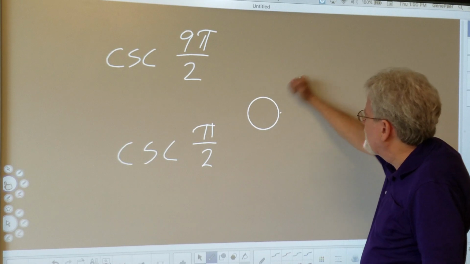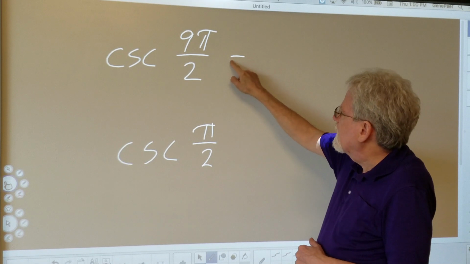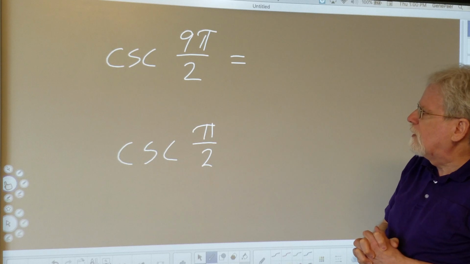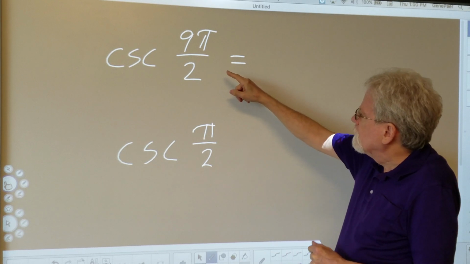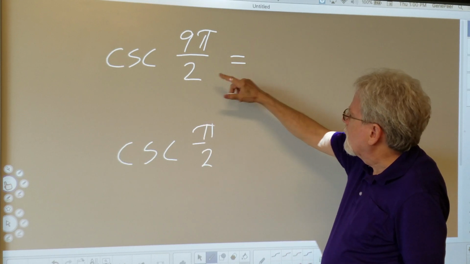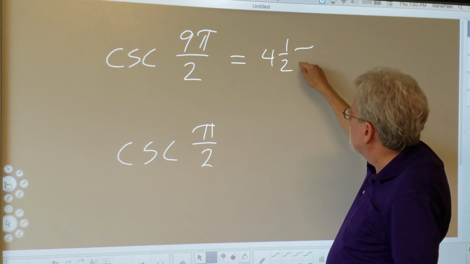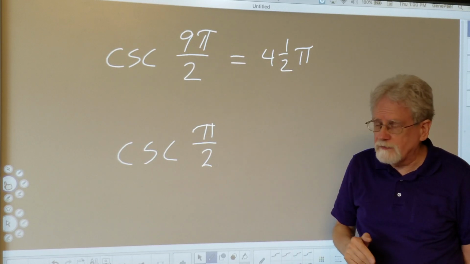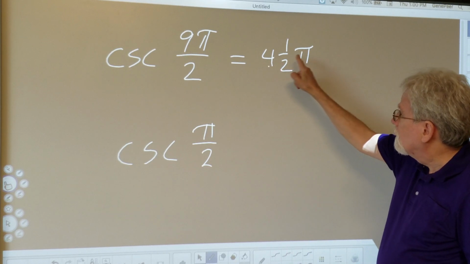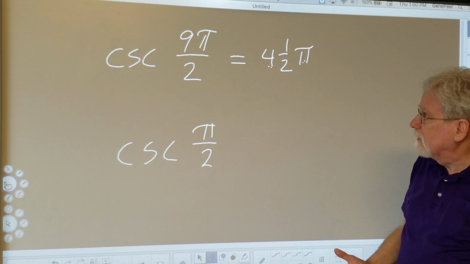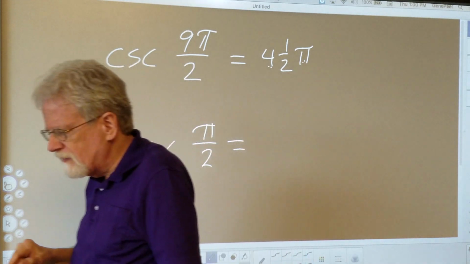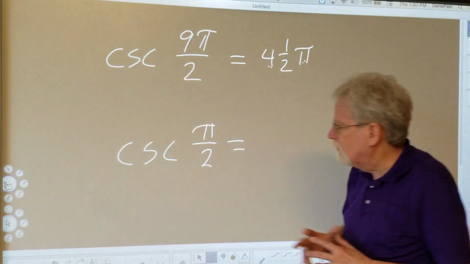In case someone's lost on that, just another way of looking at this, as I believe I showed you in the last video: what's 9 divided by 2? 4.5. This is 4.5 pi, right? I can toss out any multiples of 2 pi, so I can toss out 4 pi. If I toss out 4 pi, I'm left with a half pi. There it is. And the cosecant of 1/2 pi, which happens to be the cosecant of 90